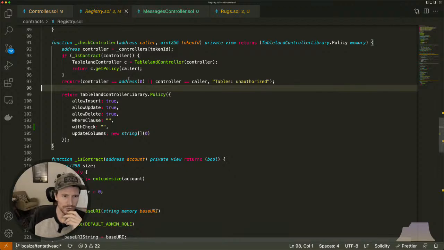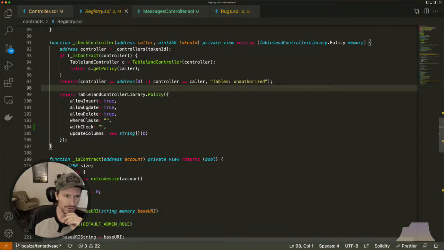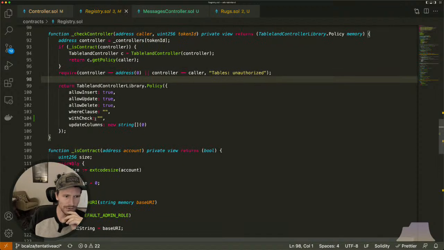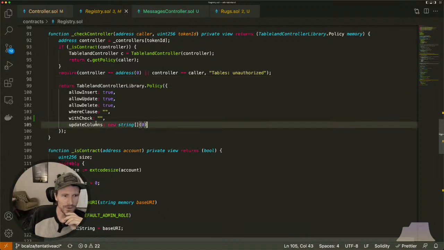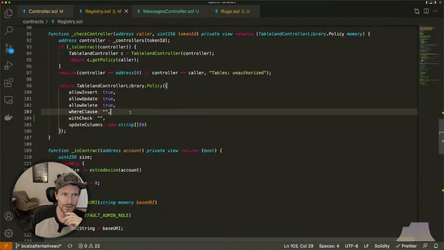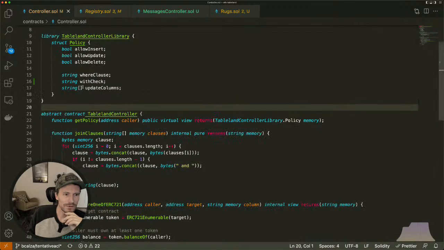We end up being able to control if inserts are allowed, if updates are allowed, if deletes are allowed. We can concatenate on where clauses to updates, and I'll show you that in a second. So this is sort of a look at the